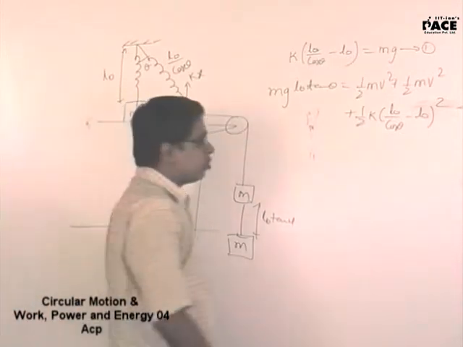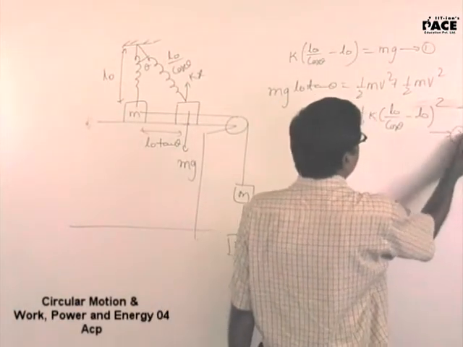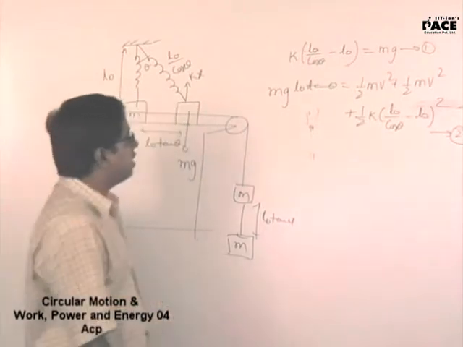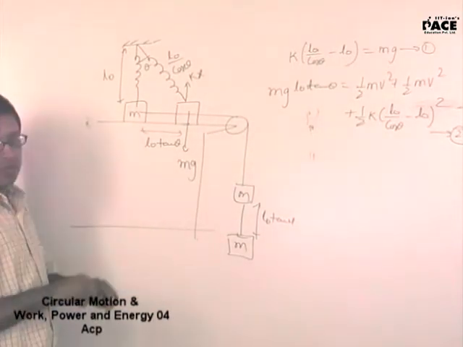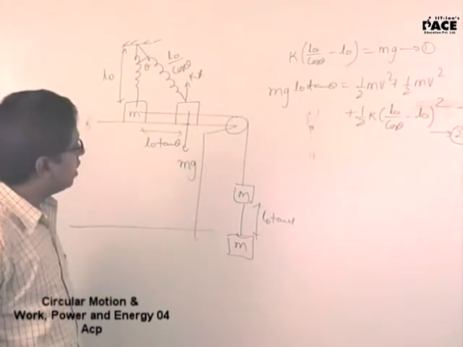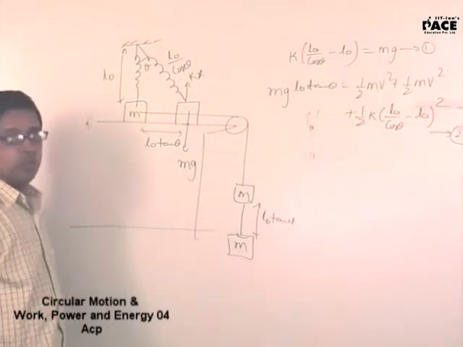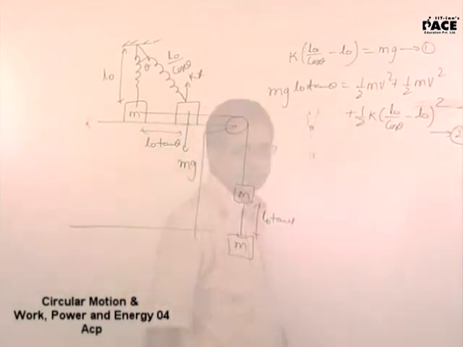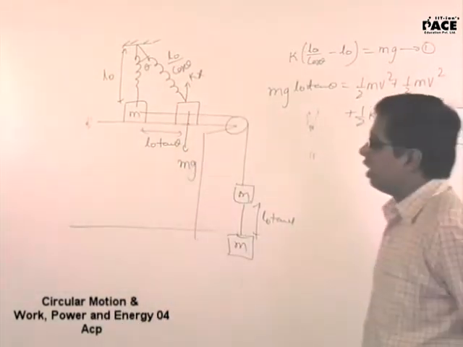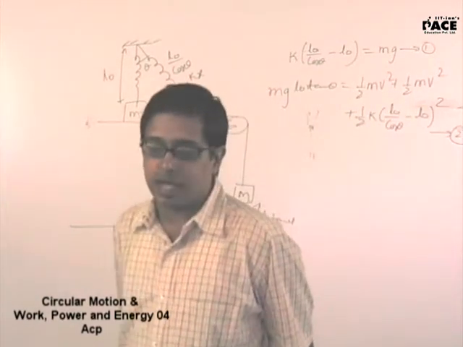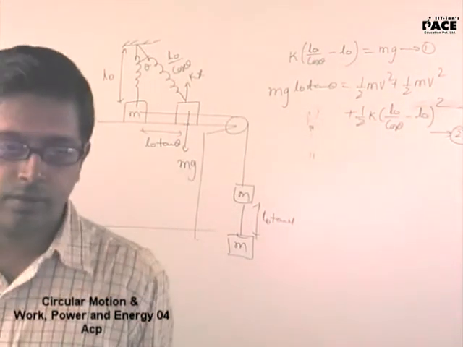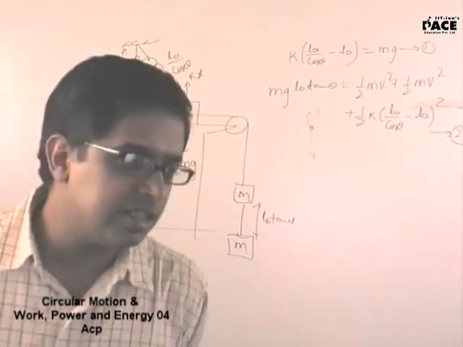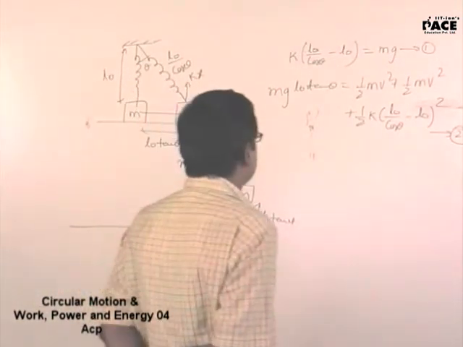How many equations do you have? I have two equations. How many variables? Theta is one variable, velocity is one variable. You have small trouble in the simplification process because this is tan theta. But the two variables are theta and velocity. And what is he asking you in the problem to be calculated? Velocity. Eliminate theta, you will get the answer.